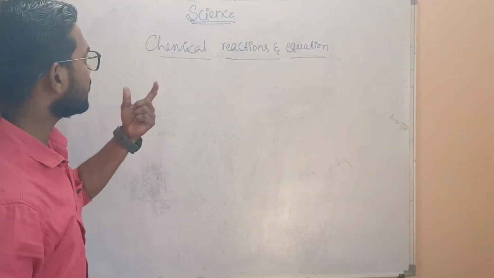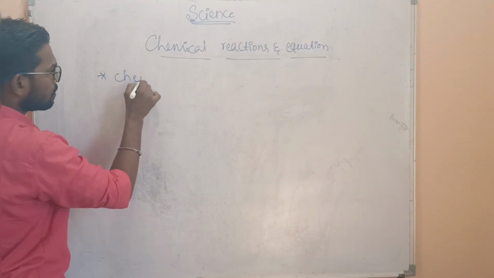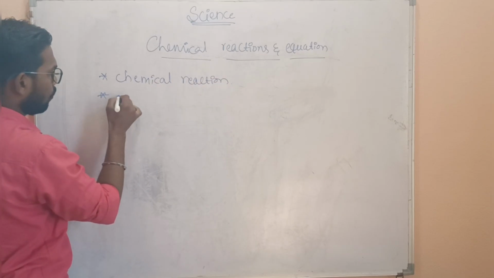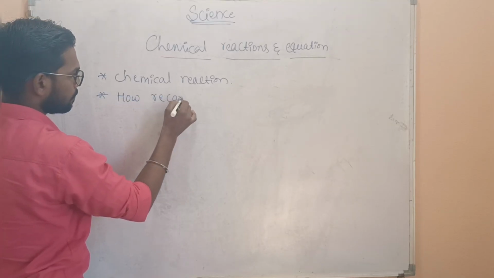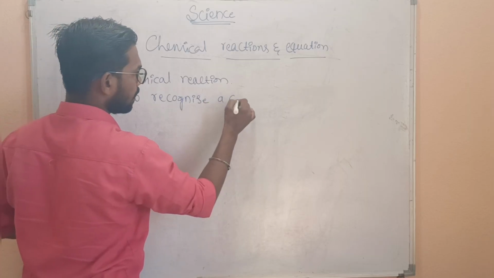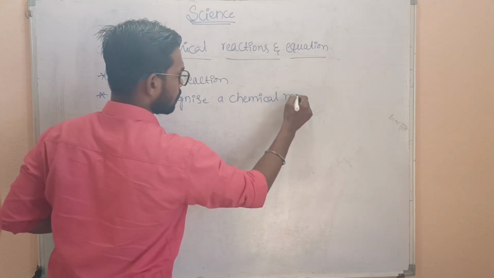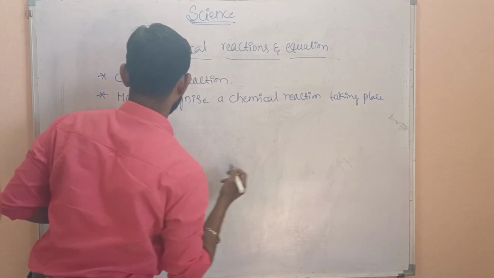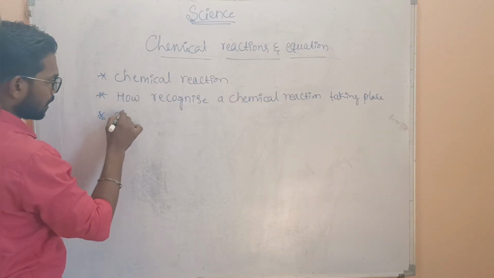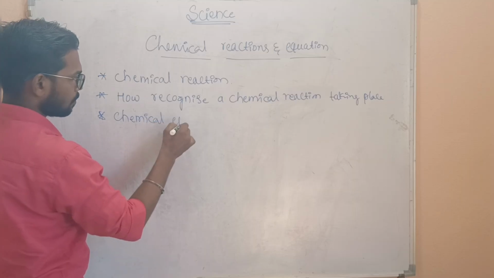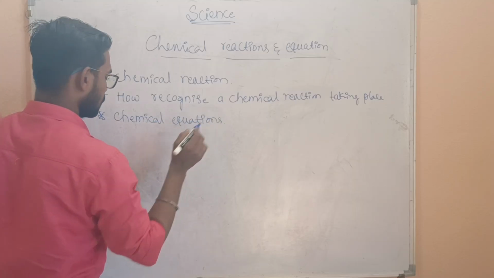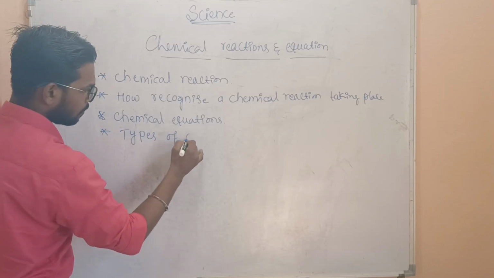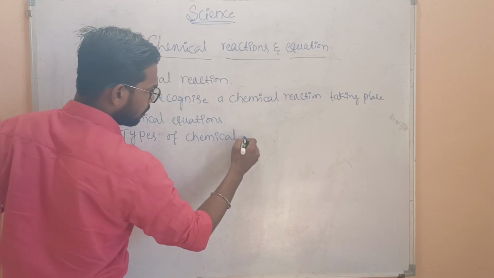So here we are going to study in this chapter. The main topics are what is meant by chemical reaction and how to recognize a chemical reaction taking place, and after this we'll study about the chemical equation and then we'll go for types of chemical